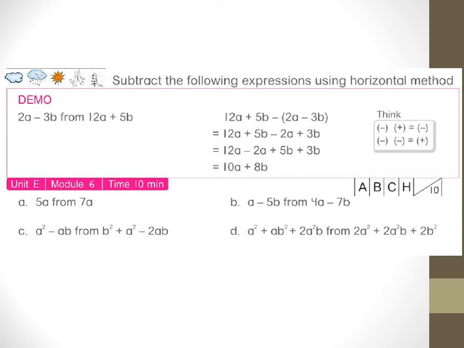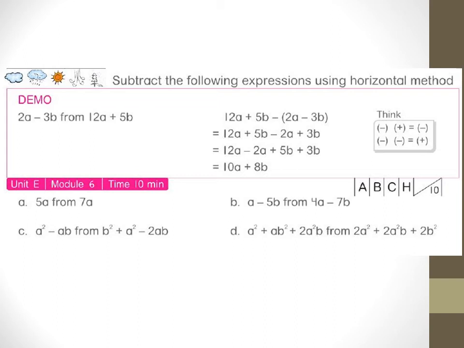Now when we break this bracket, all the signs inside the bracket will get changed. So our expression will become 12a plus 5b. Up to this it was same. Now 2a, there was a plus sign in front of 2a, no sign means plus sign, so it will become minus 2a. And 3b, there was a negative sign in front of 3b, so it will become plus 3b. The signs inside the bracket change if there is a negative sign in front of the bracket. Remember this, all the other things are same as the addition part.